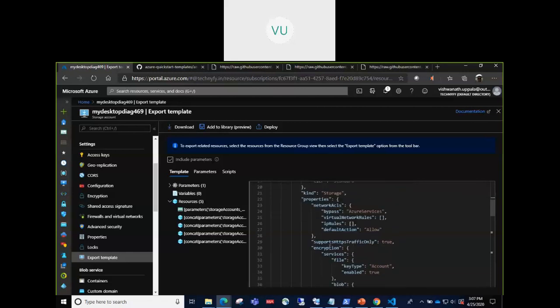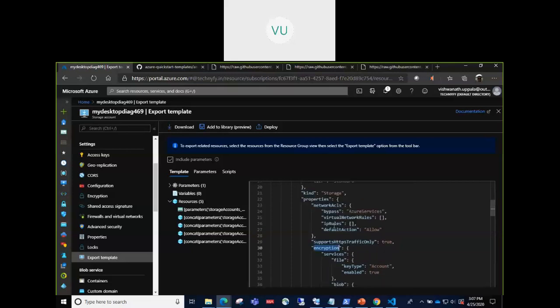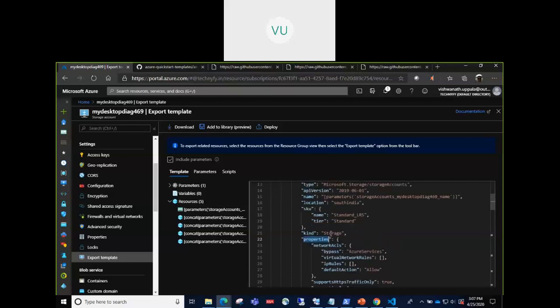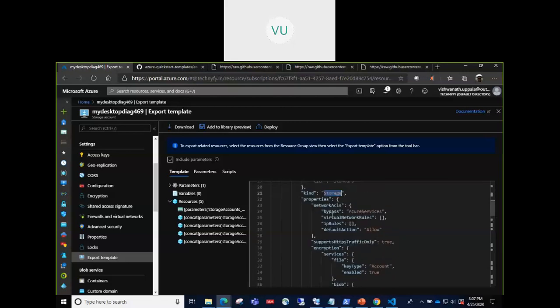Okay, and then we have: do you want the storage account to be encrypted? By default, encryption is enabled on your storage account, so that is the setting you see here. So all these properties are there. What we need to understand is the values that go into those properties, and these values and property names should sound similar to you from when you are creating that in the Azure portal itself.